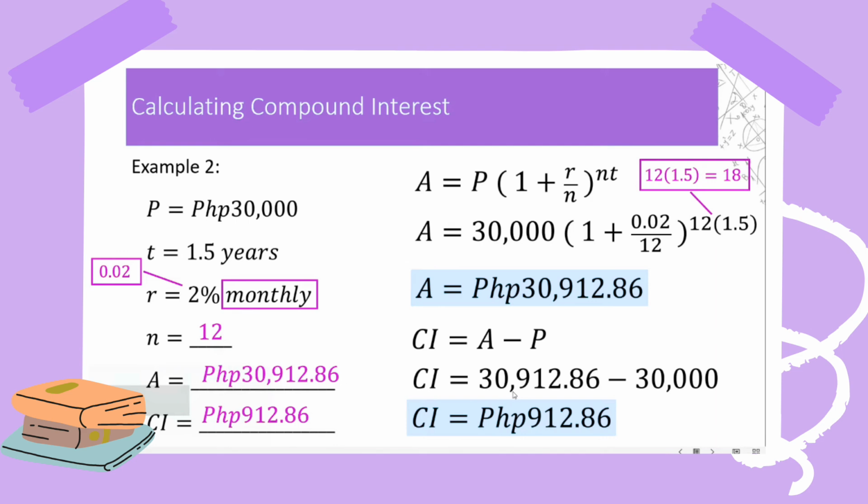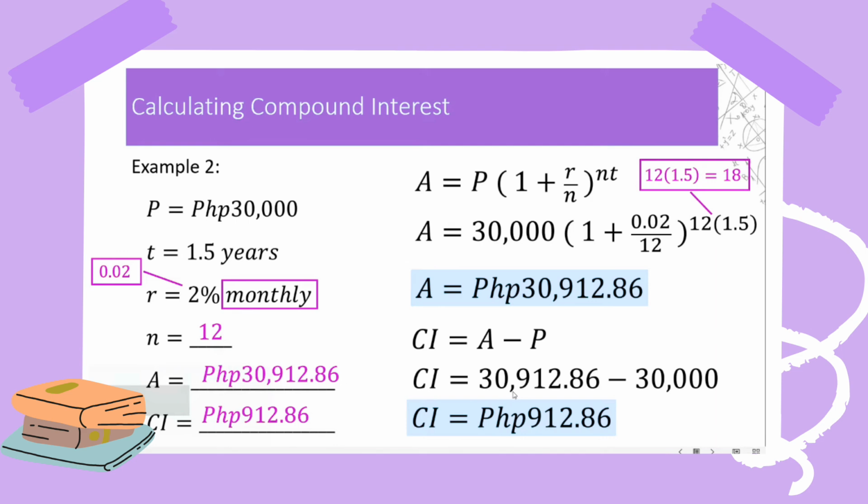Step 3, substitute the values now. Let's plug in the given values. A is equals to 30,000 times 1 plus 0.02 divided by 12 raised to 12 times 1.5. Let's solve step by step. 0.02 divided by 12 equals 0.0016667. So our formula becomes A is equals to 30,000 times 1 plus